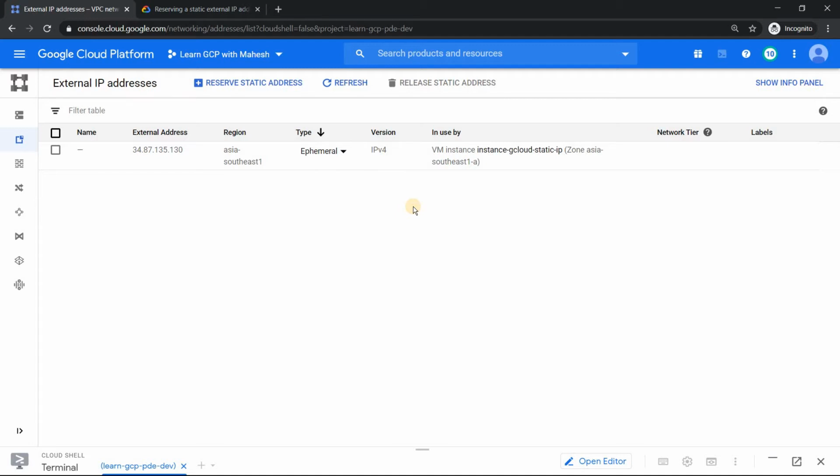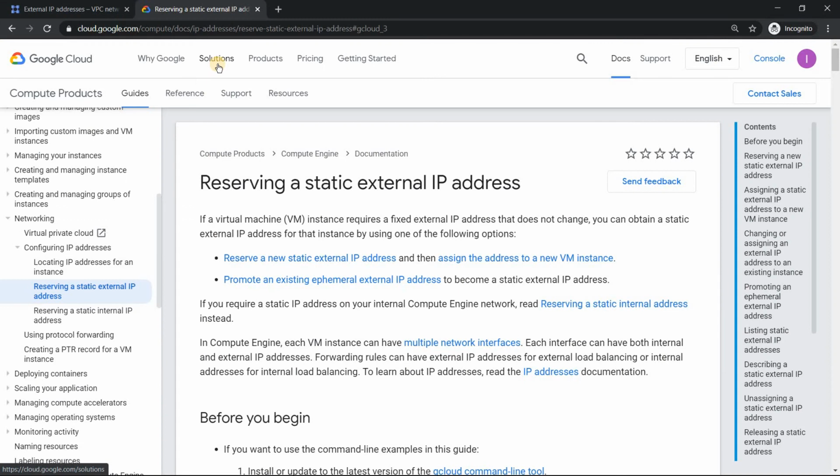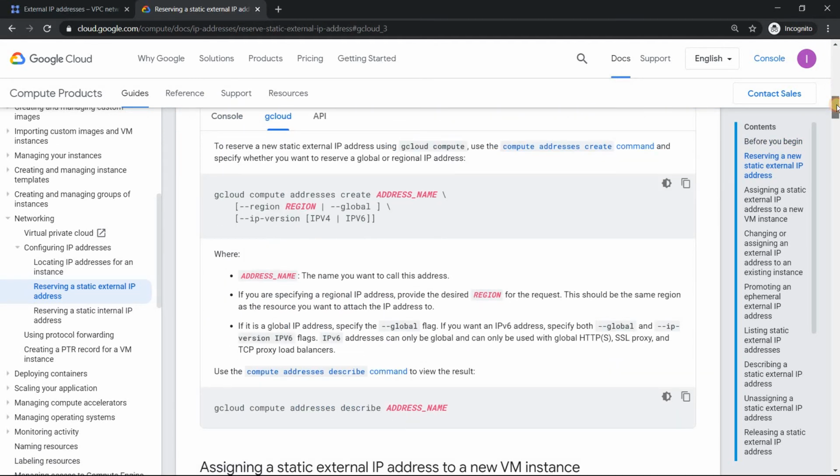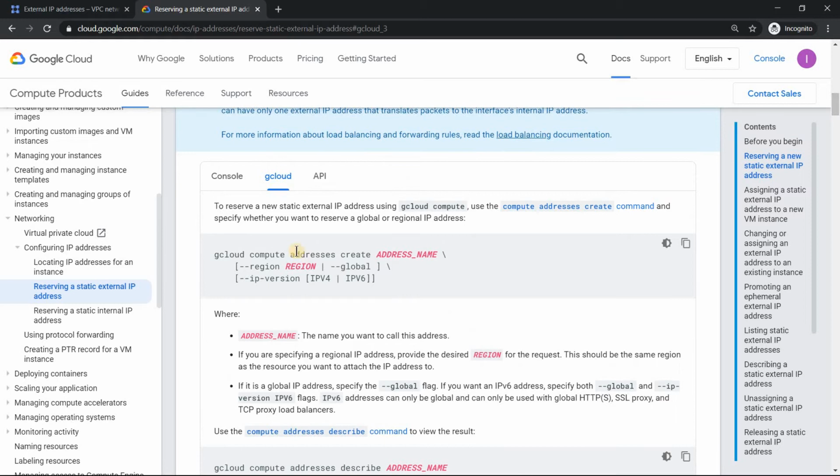The second option is what we are going to explore, and here is where the documentation plays a major role. I always say documentation is the king. So if you can read through all the documentation which Google offers, you will be a rock star in GCP. That's what I would say. And so here I'm not doing anything great, I'm just going to copy the command which will help me to make sure I create.